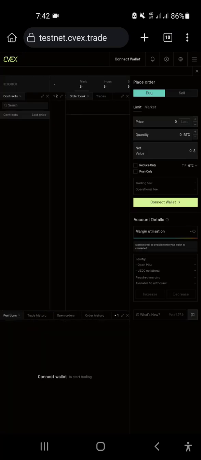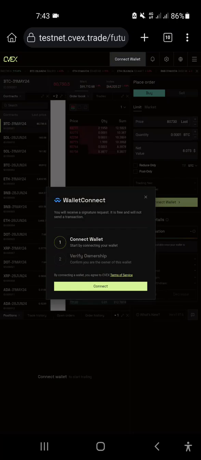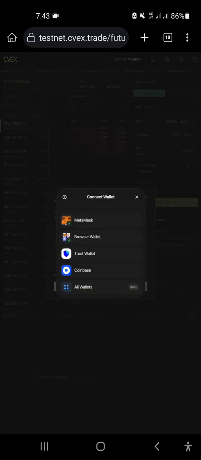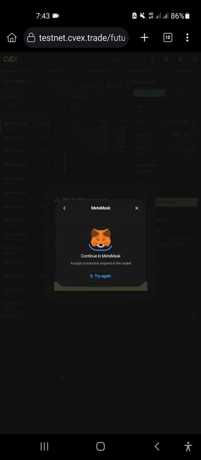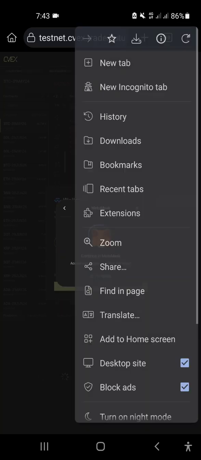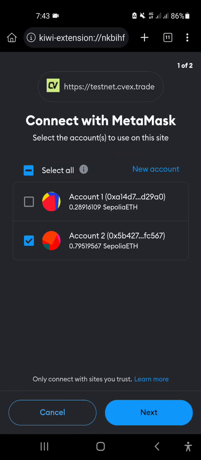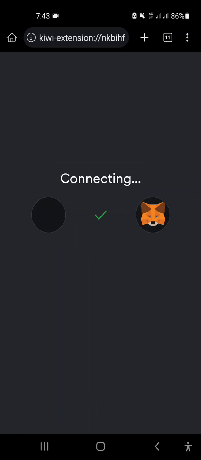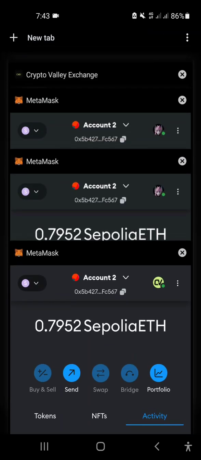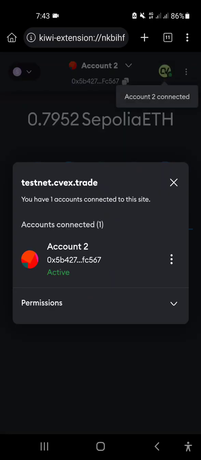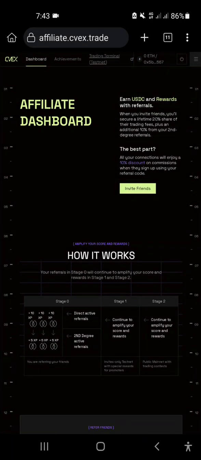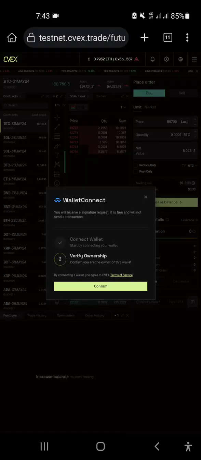Now connect wallet. Click on this button here. MetaMask is appropriate for every crypto user, and check your MetaMask notification. Finally we are going to do some testnet. So connecting. Maybe you are seeing here that it is connected. Come in here again, and see which space we are in here. So confirm again.